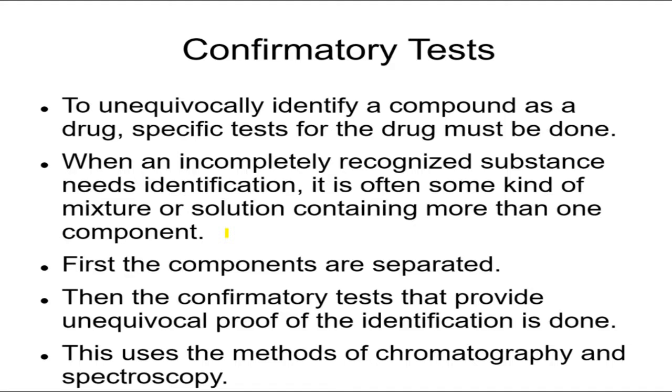do your confirmatory test, a specific test, let's say, for each one. You want to separate them so they don't confuse each other. They don't interfere with each other. So there are ways of doing it with chemical means often, but now we use chromatography and spectroscopy. Now we can deal with that at a later time, but